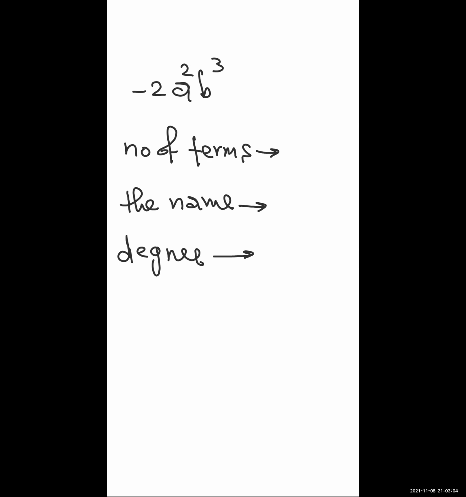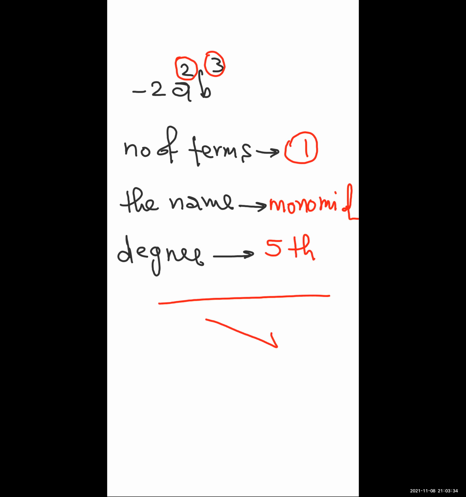The number of terms is one term. The name is monomial. The degree will be 5. Very good, 5th degree. And the coefficient will be -2. And if we want to get the coefficient also,